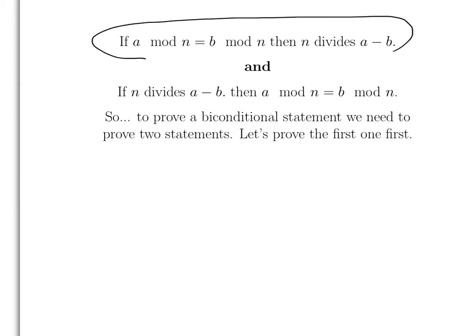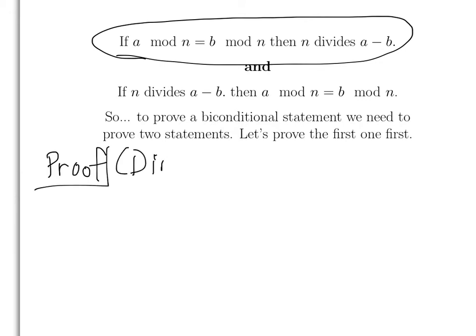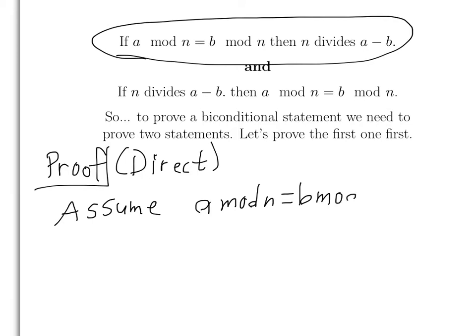So we're going to start by providing a proof of if a mod n equals b mod n, then n divides a minus b. Here's how that's going to work. I'm going to give a direct proof. So I'm going to assume that a mod n equals b mod n. So this says that